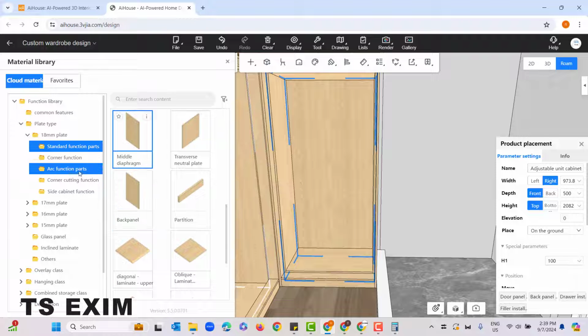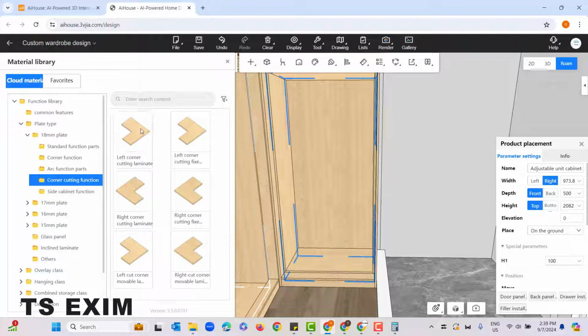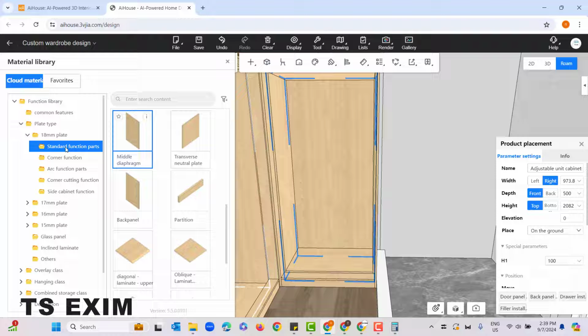Okay, but we also have other types of panel like this arc panel, side corner unit, and like this one, L-shaped panel. But for standard panel, rectangle shaped panel, you can go to here, standard function parts. Okay, for vertical panel,